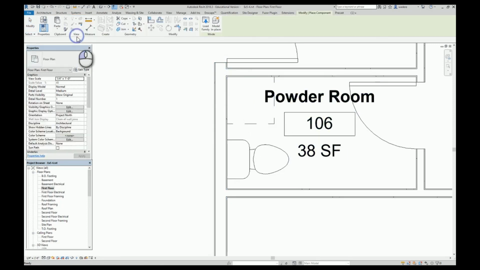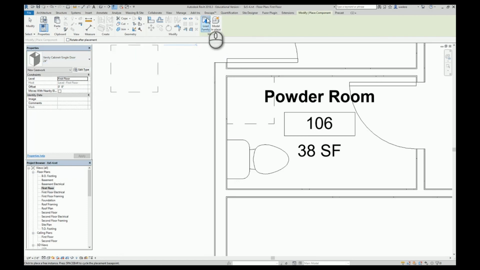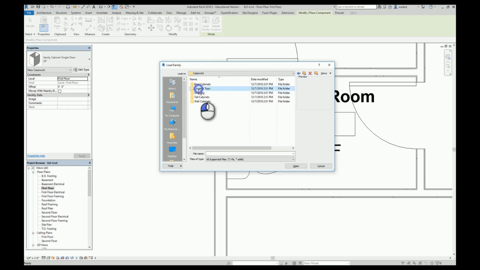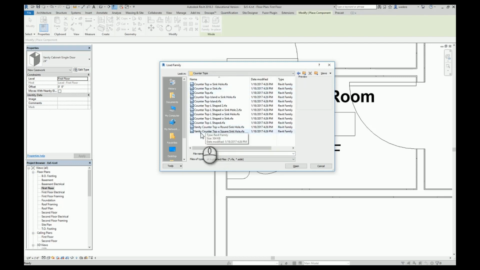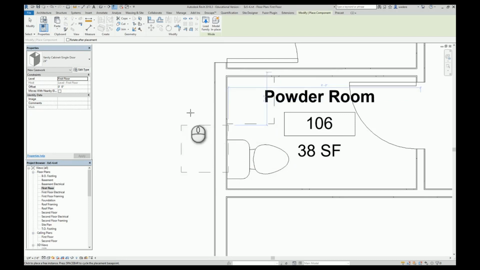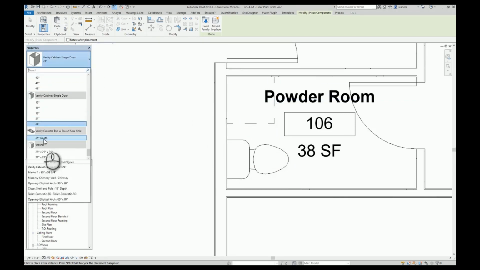So I'm going to go back to component, and now I'm going to go to load family, and I'm going to back up again, and this time I'm going to go with countertops. Again, I want a vanity countertop because it's going to come in at the correct height to match the cabinet. If I use these other ones, it's going to be too tall. I'm going to put a round sink in my cabinet, and I'm going to say open, and again overwrite. Again, it did not change over here. So I can come over and I can pick my vanity countertop with a round sink hole,